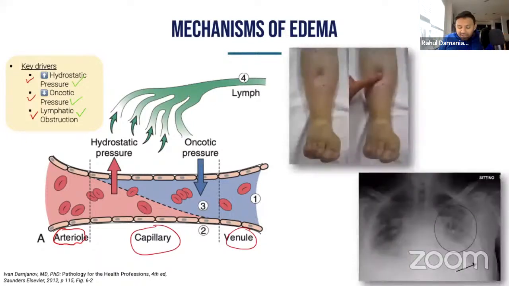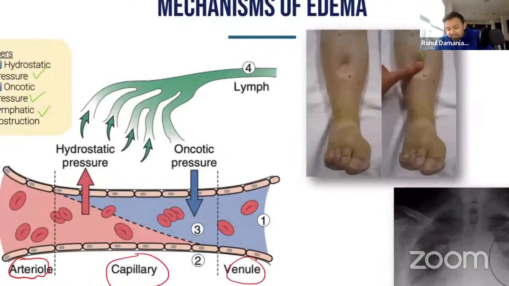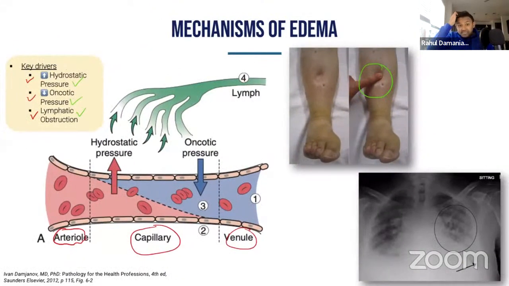So what we have to recognize is that patients who are going to have edema, how are they going to present on the USMLE? So let's get it back to the left heart failure because we're talking about cardiology. Patients can have pitting edema, and that just represents that you have increased hydrostatic pressure and all of that blood backing up in the lower extremities. And patients are going to have pleural effusions. And if I asked you in left heart failure, are the pleural effusions transudative or exudative? Go ahead and put that into the chat. What do you all think?